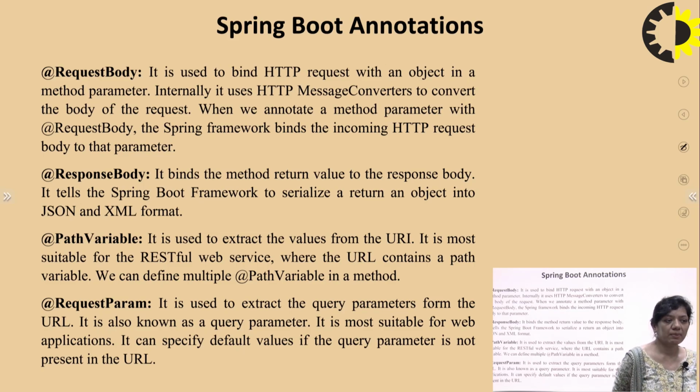It is most suitable for RESTful API web services where the URL contains a path variable, and we can define multiple path variables in a method. @RequestParam is used to extract the query parameter from the URL. It is also known as query parameter. It is more suitable for web applications, and it can specify a default value if the query parameter is not present